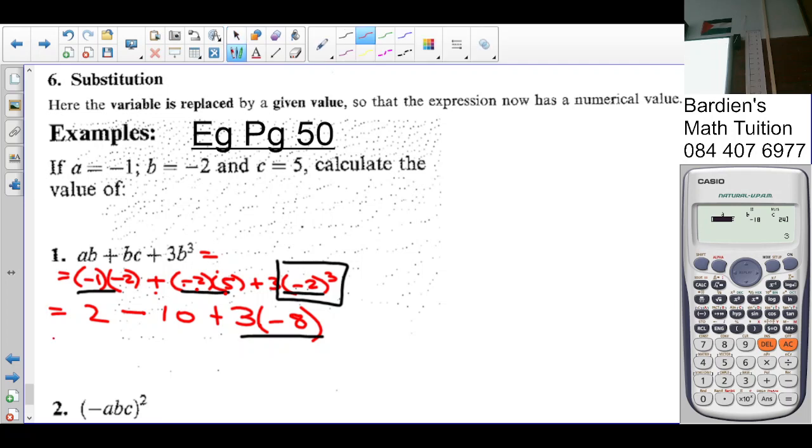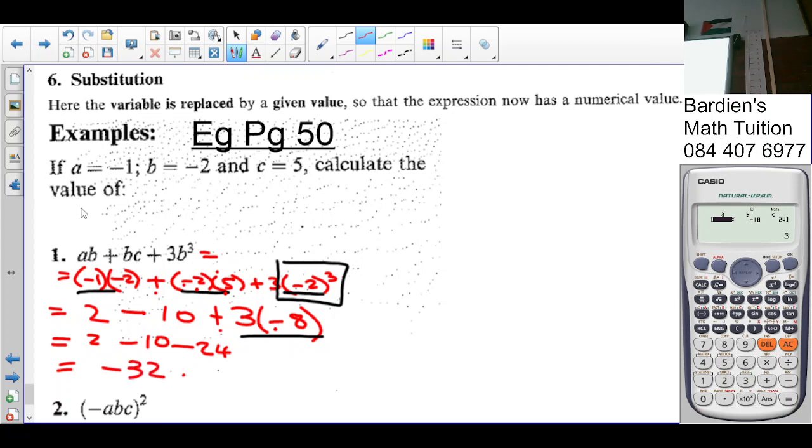That's going to give us 2 minus 10. What's positive 3 times negative? Negative 3 times 8 is 24. So 2 minus 10, you say negative 12. Where's your number line? Oh, I made a mistake. I thought that 2 was negative. Okay, so negative 8, minus 24, gives negative 3